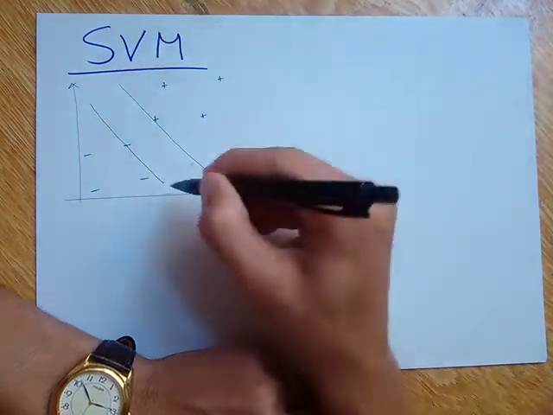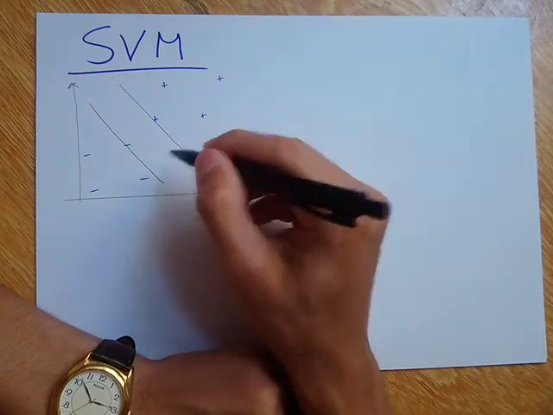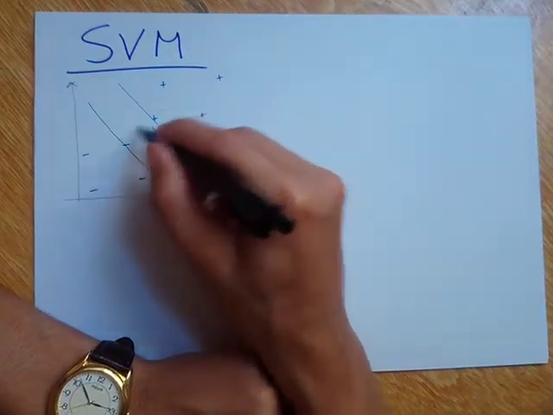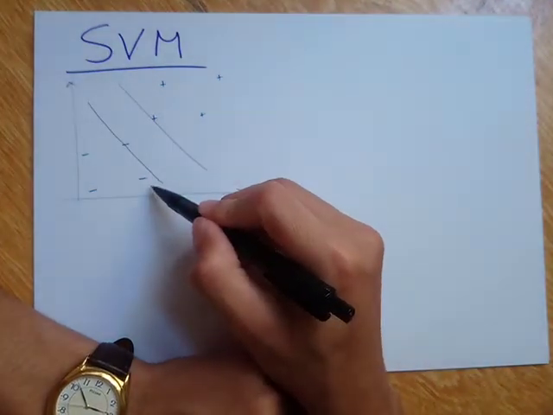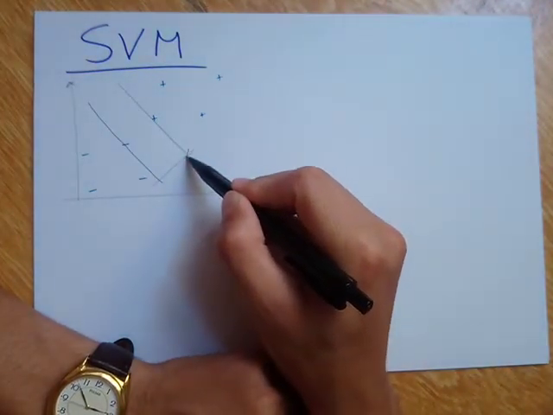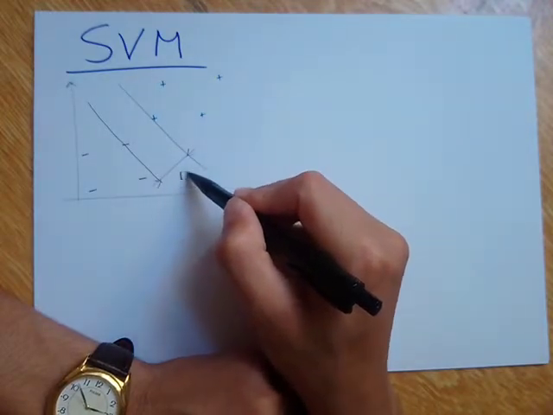And inside of this margin we shouldn't have any sample, so no sample should be inside of this margin here, right? So what we are trying to do is first to maximize the width, so I will denote this width as d, right? So we want to maximize d